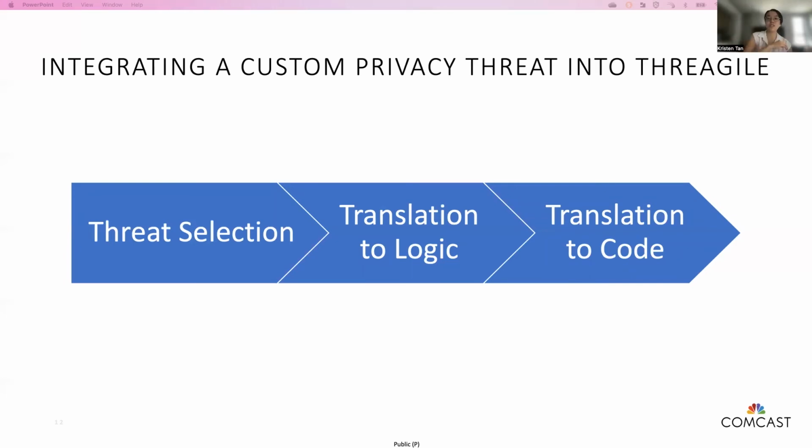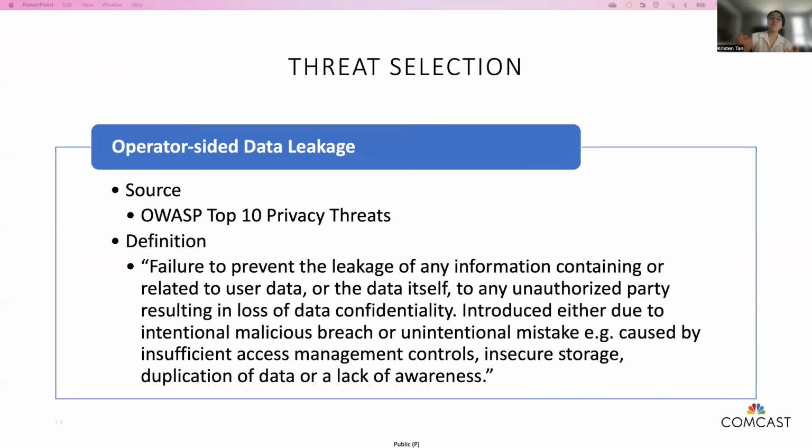And finally, we'll translate that logic into code. Starting with threat selection, we're going to pull, for example, a threat from the OWASP top 10. This threat is called operator-sided data leakage. Operator-sided data leakage is defined as the failure to prevent the leakage of any information containing or related to user